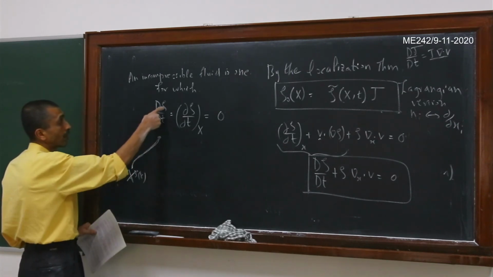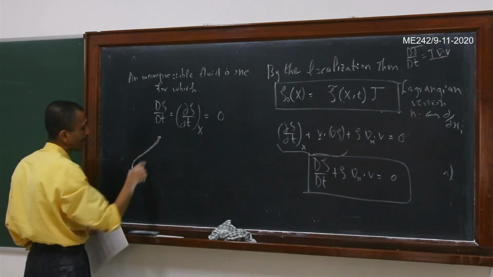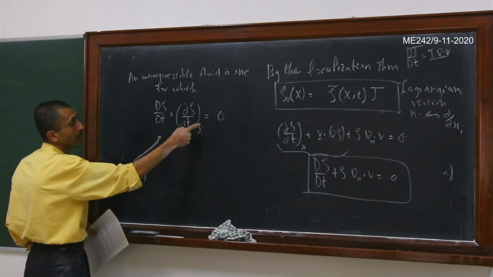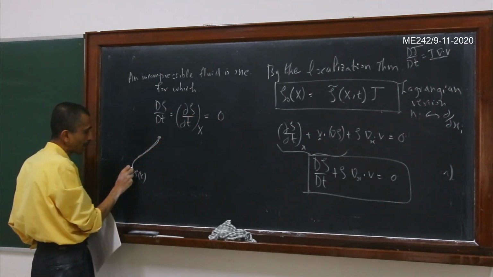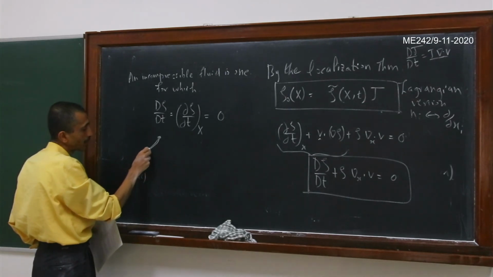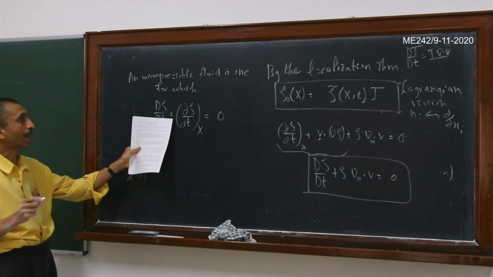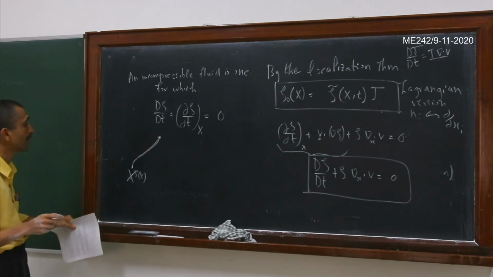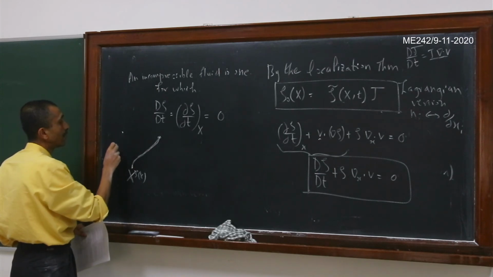That is what we mean by this: del rho by del t, keeping capital X fixed, is equal to 0. So the density of that particular particle does not change as it evolves. This is what we mean by incompressibility. This is not the same as the density remaining the